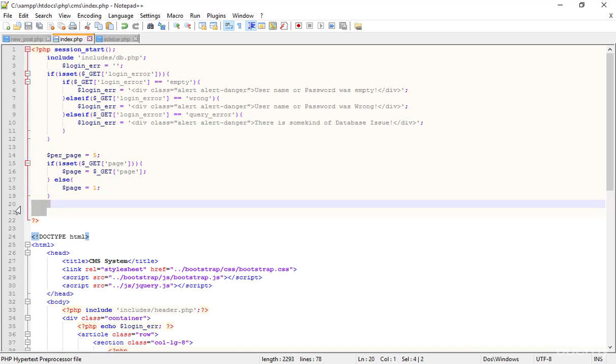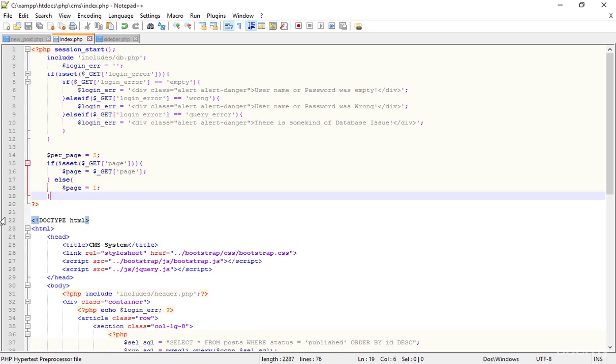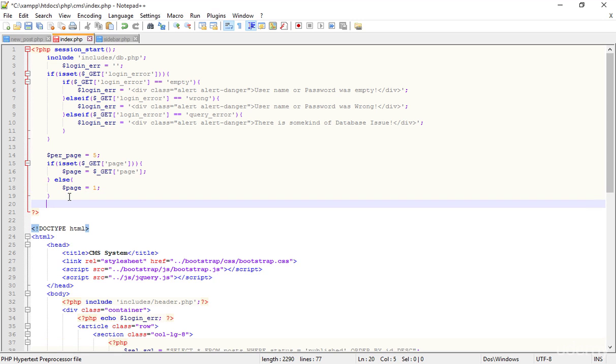For example, if I select page number 3, then the value of page is 3. But if I don't select any page, then the value of page is 1. It means the default view is page number 1. After that, go out from this else and create a new variable, start from, and add an